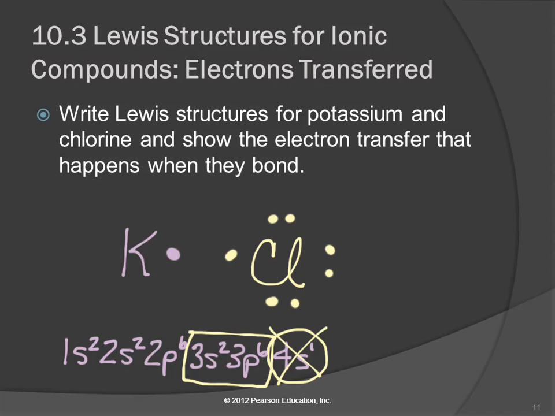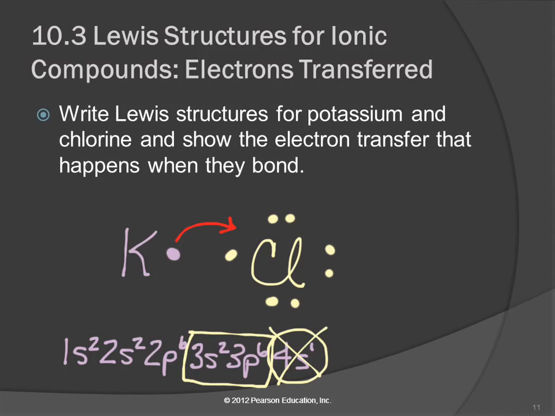Because underneath is this. Now, in these Lewis structures, we don't show anything that was underneath. So what we're going to show is potassium getting rid of this electron. And then he's going to look naked. But he's not really. He just took his sweater off. So this electron, what color should I use for this? Maybe red. See if red shows. This electron is going away. We're going to give it to